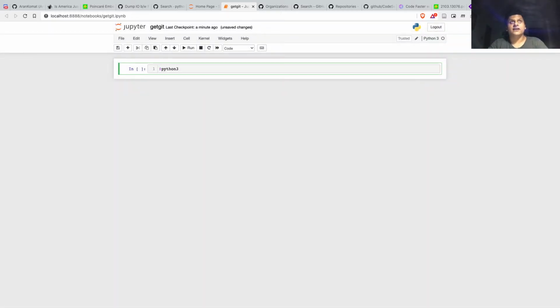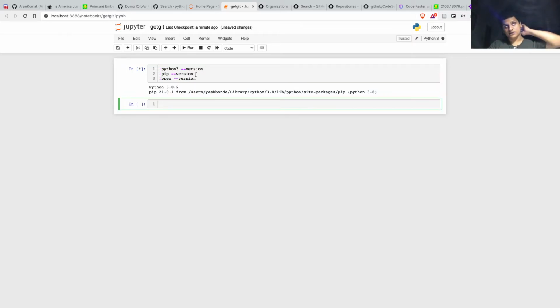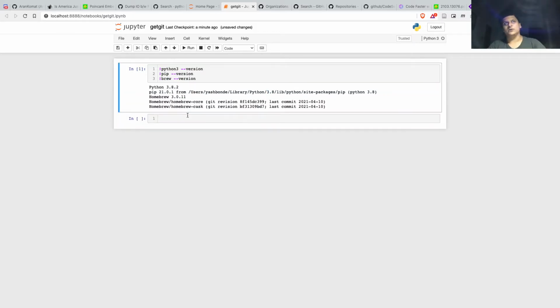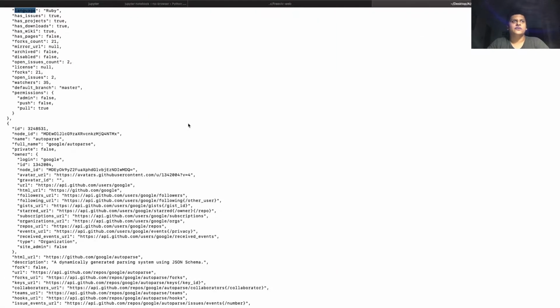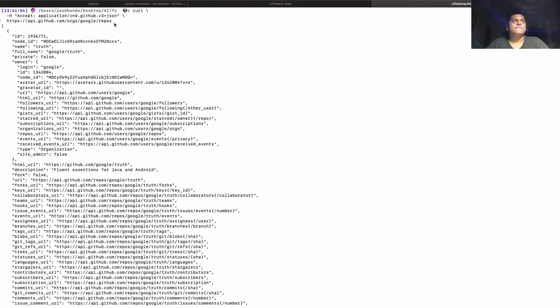First I need to check what the versions are on my system, because yesterday I had to redo the whole system. And finally, what is the Python version? 3.8. This matches. Cool. Now import requests. requests dot get. That's how you do it, right? And then you give it the URL and